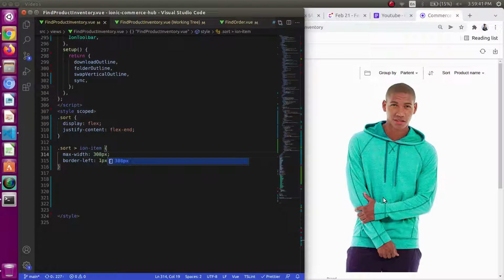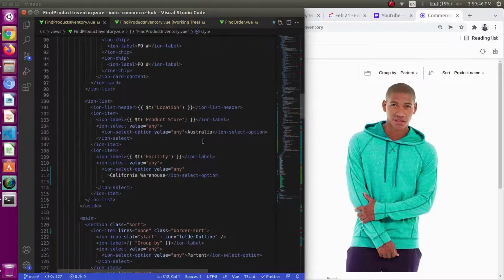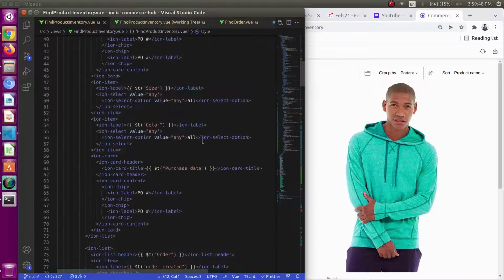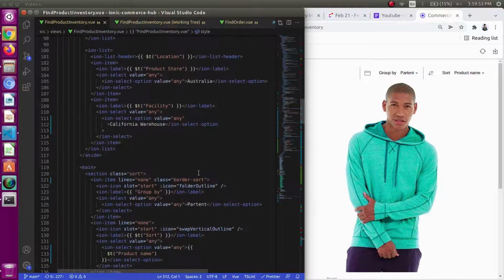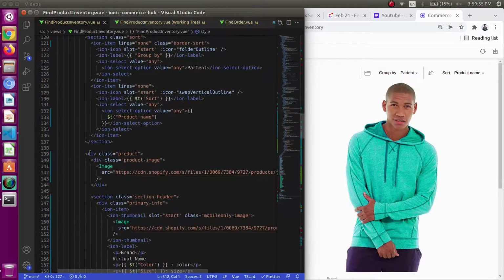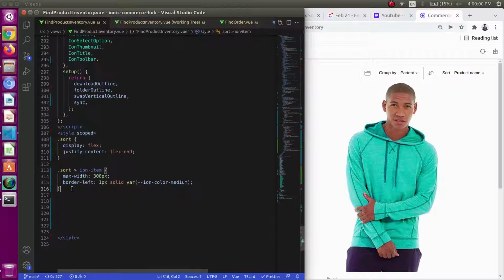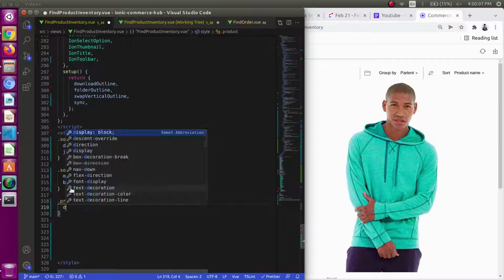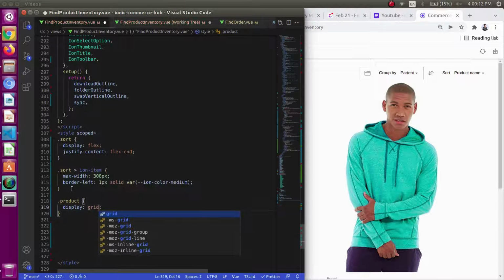The sort portion is looking completely fine. Now we will be moving towards the product portion. I want this image to have some height, so I will be providing some styling in the container div, that is the product. I will be using grid for the grid layout.